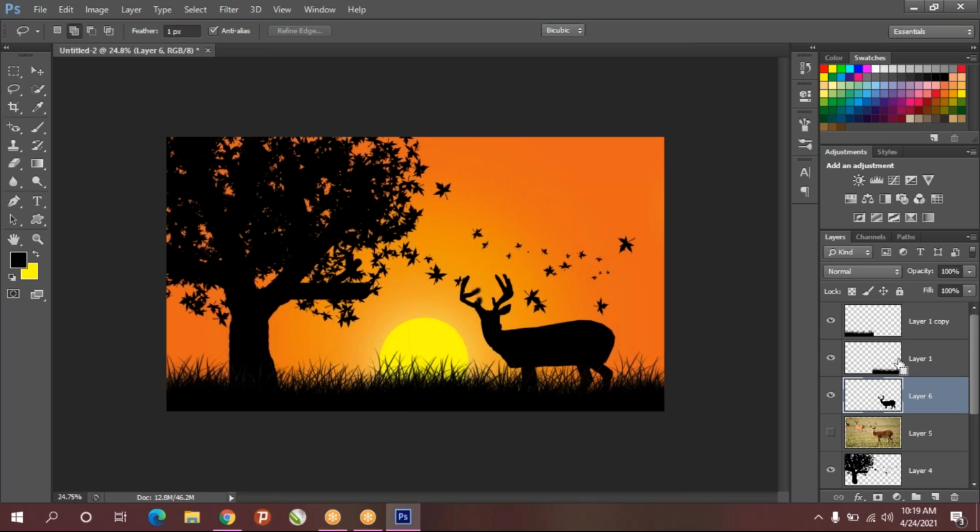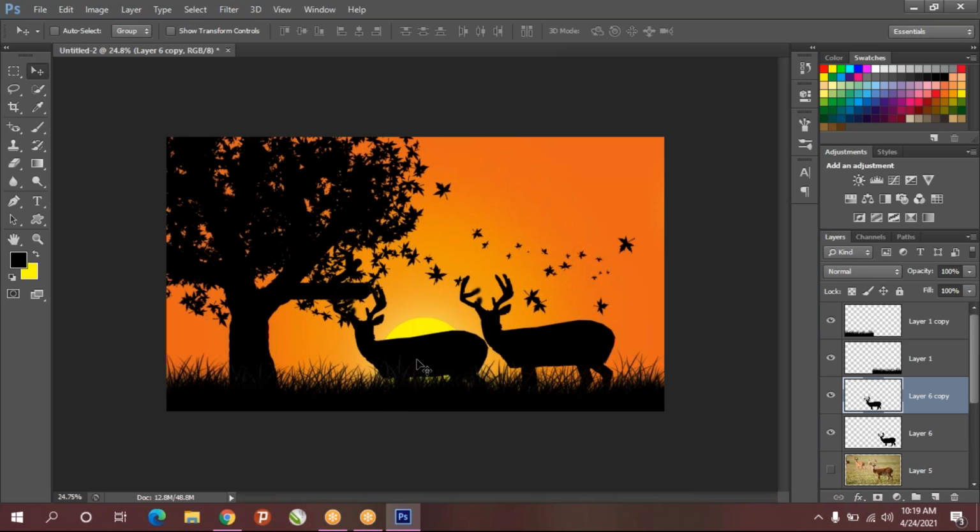Then this only can duplicate. Control J and take move tool and move it somewhere here.